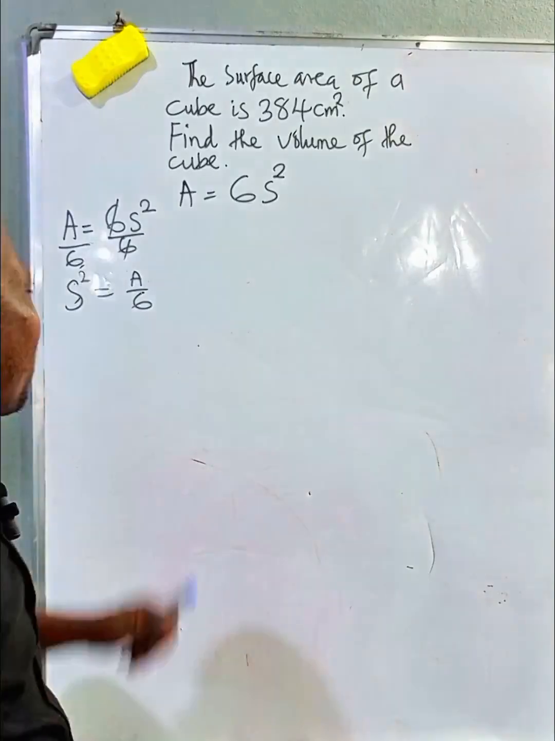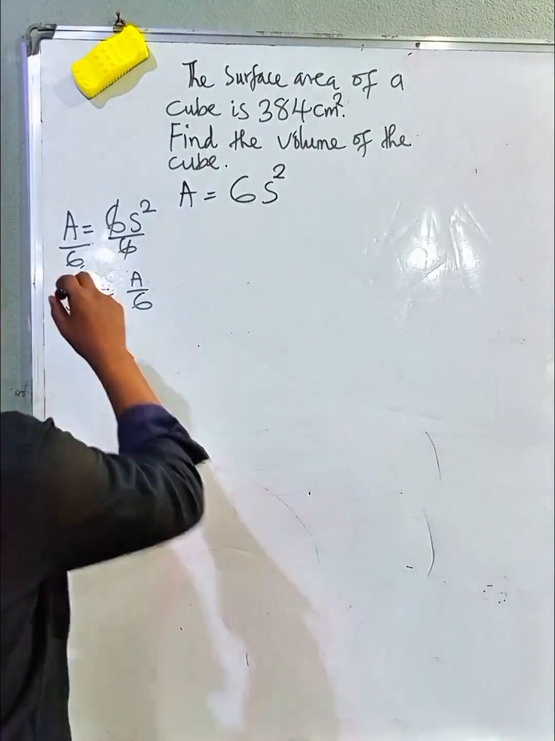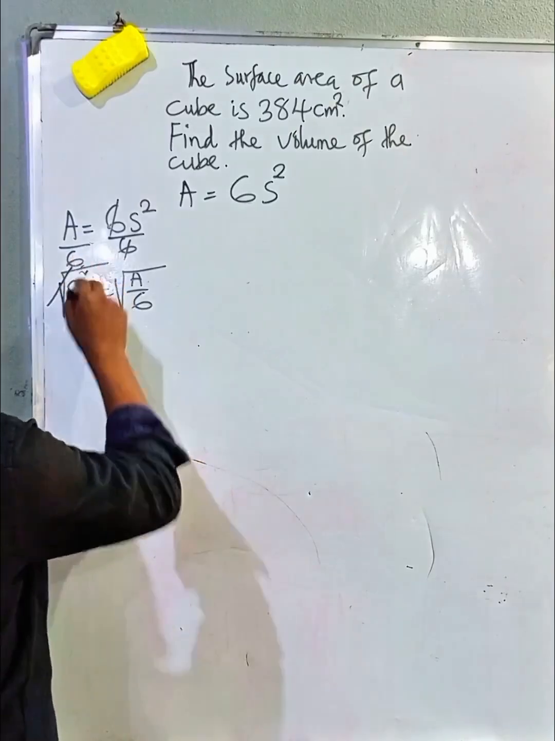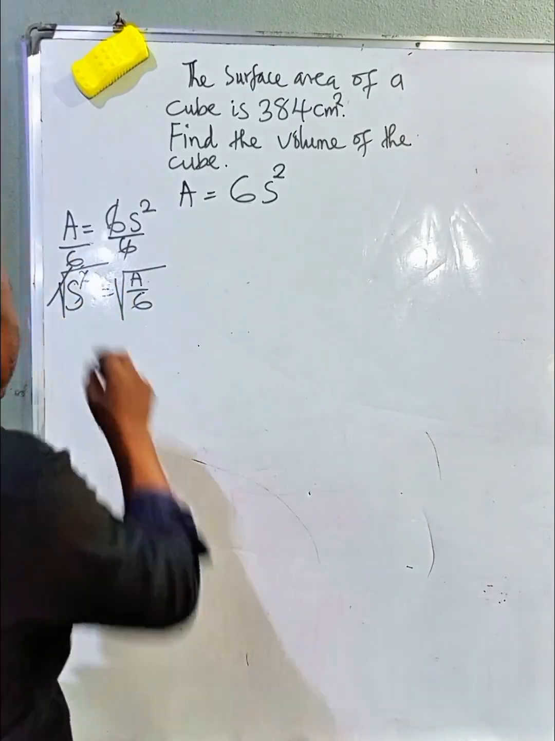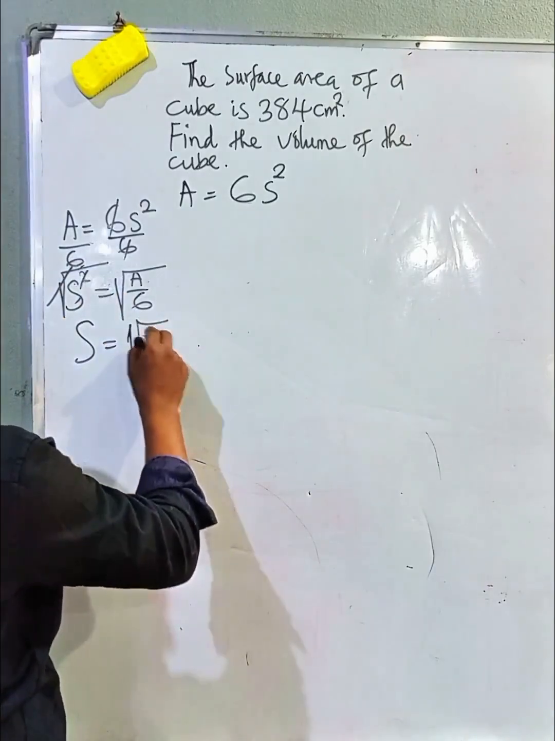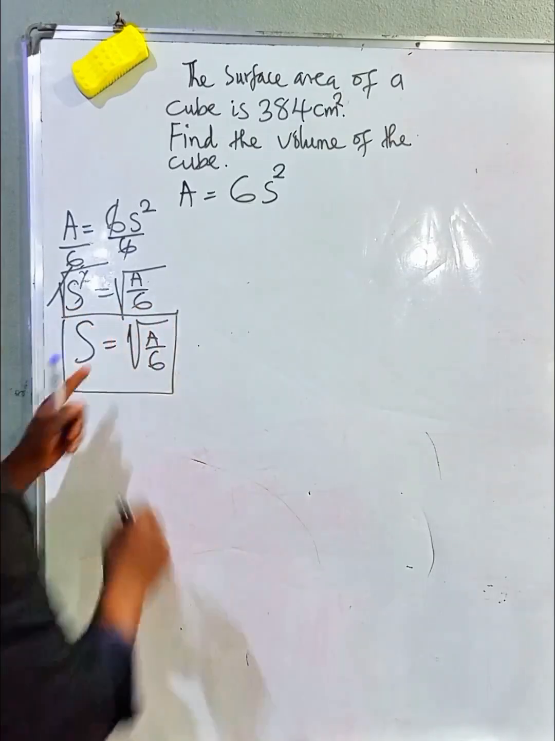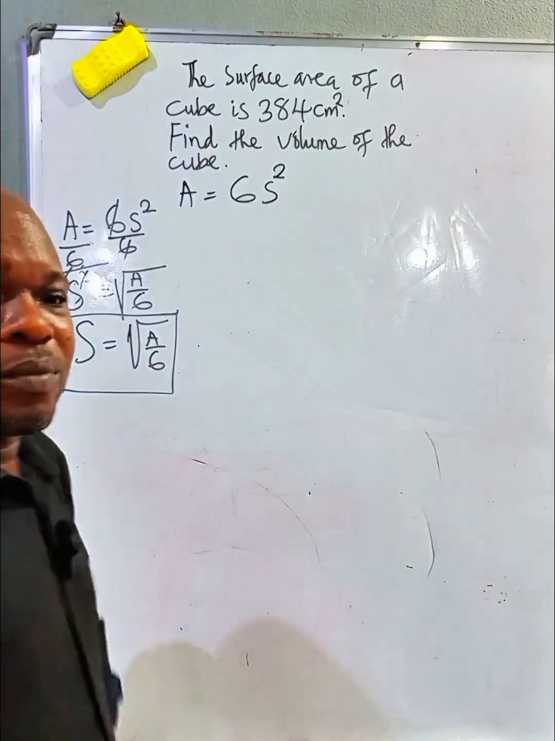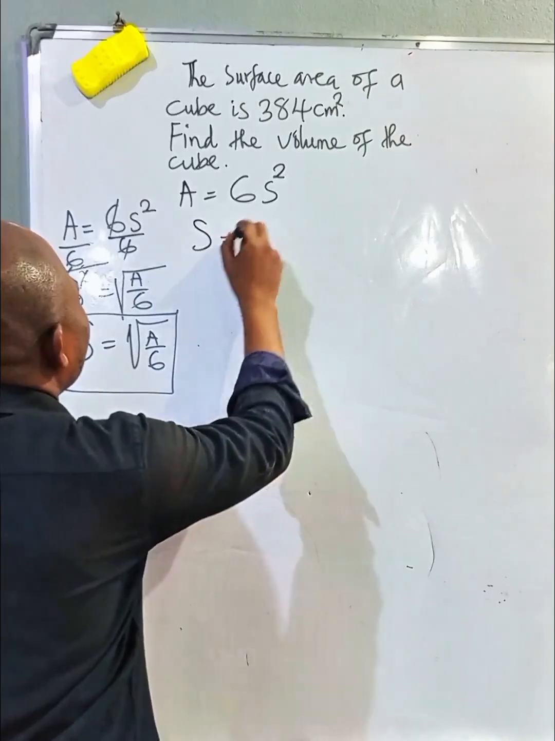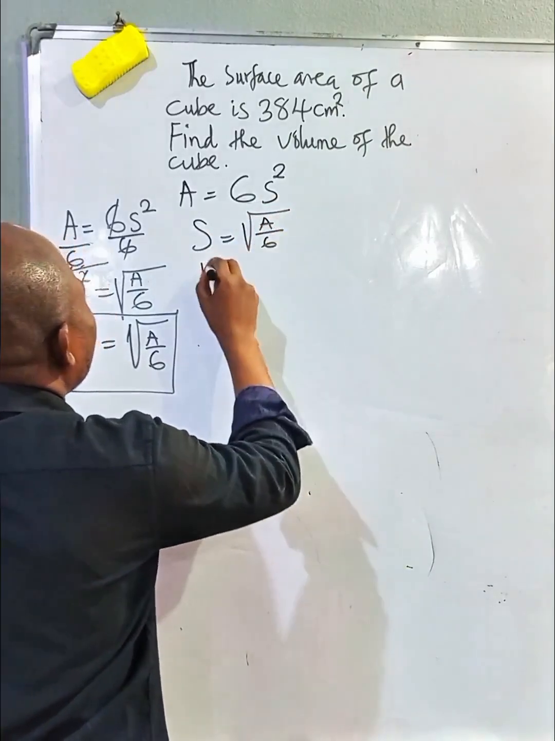But we are solving for S and not S squared. So we're going to find the square root of both sides of the equation. The square root and the square cancel. We have our S to be the square root of A over 6. This is what we'll be using to look for the side of the cube. So we have our S to be the square root of A over 6, when A